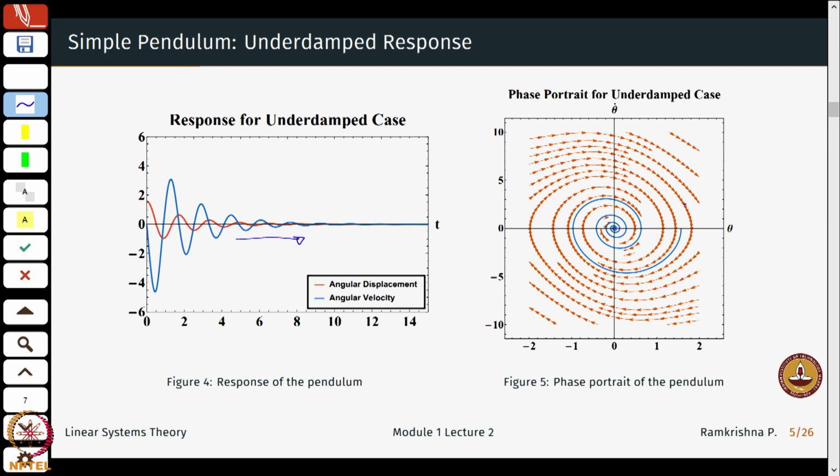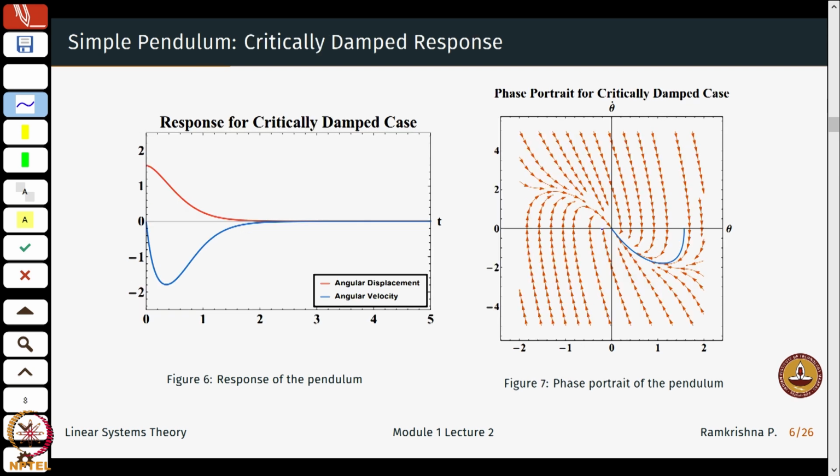Again, if I start at the origin where theta is 0 and theta dot is 0, I will always remain there. What happens if I perturb it slightly from here till this point? Well, again I'll spiral back, which essentially means that if you give the pendulum a slight perturbation in the presence of damping, it will just oscillate and the oscillations will die down with time due to some dissipation, for example friction.